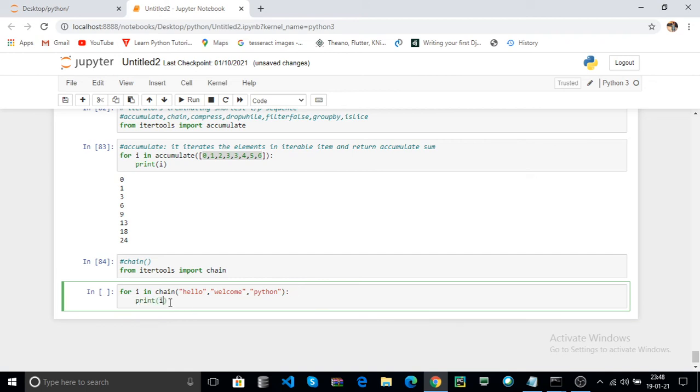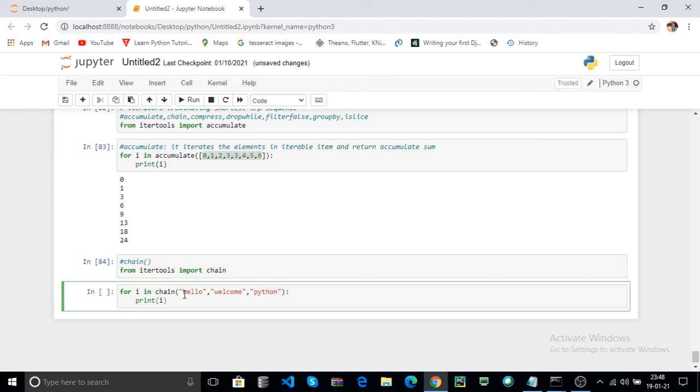The chain means it iterates every item in your first iterable, after that the next iterable, and finally the last iterable, and so on.